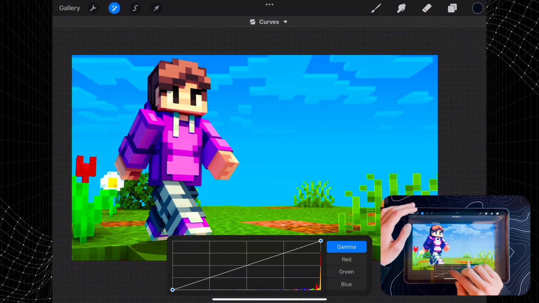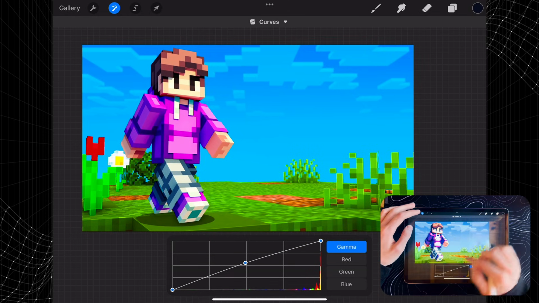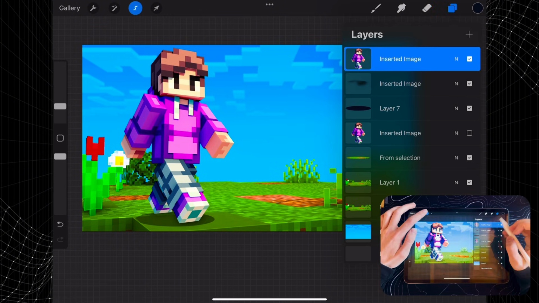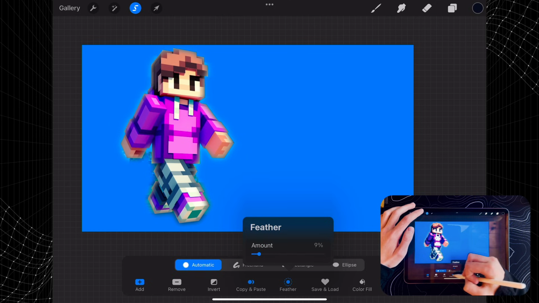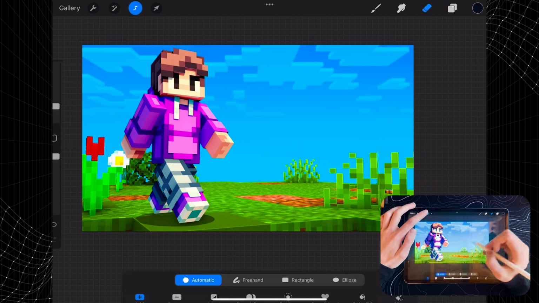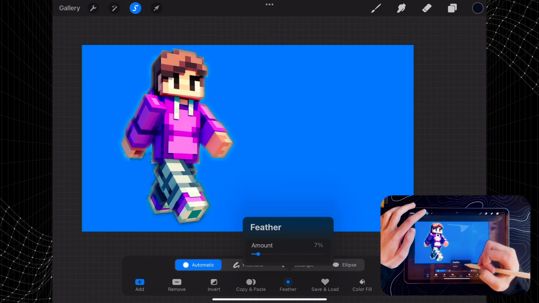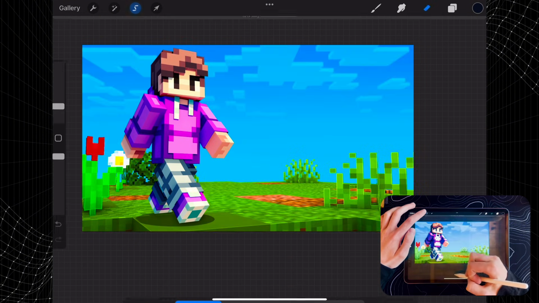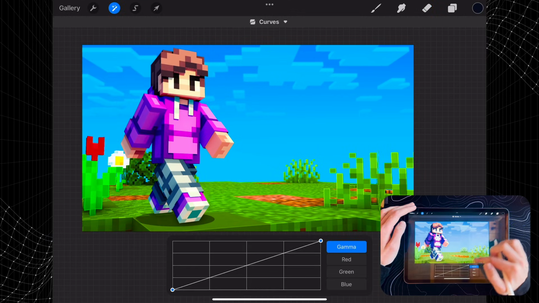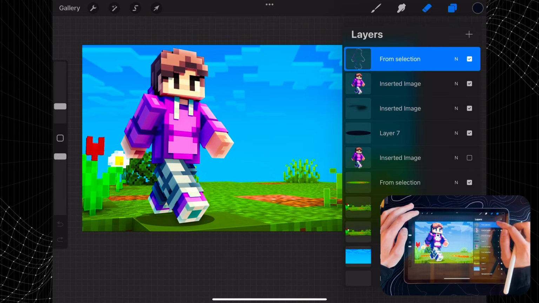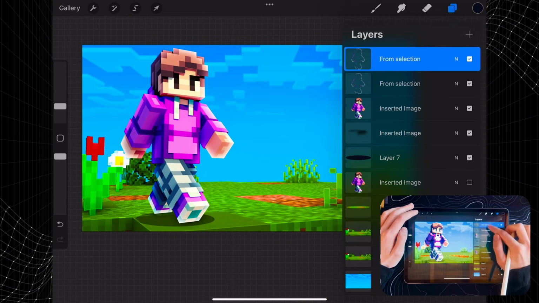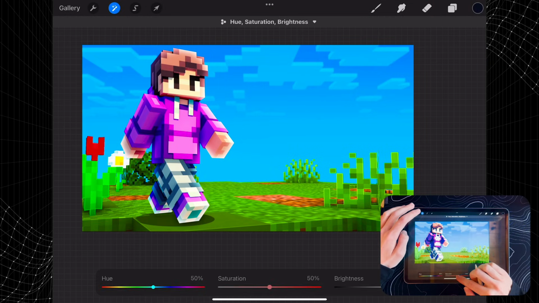To enhance the appearance of the player, I like to adjust the curves and add an outer highlight. You should keep adjusting all the layers until they look good.